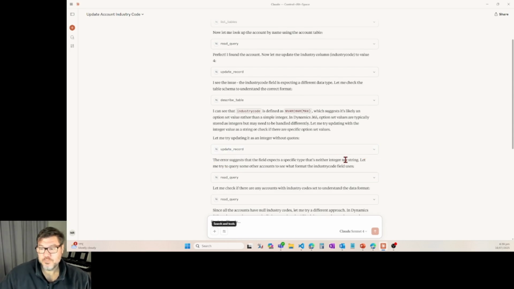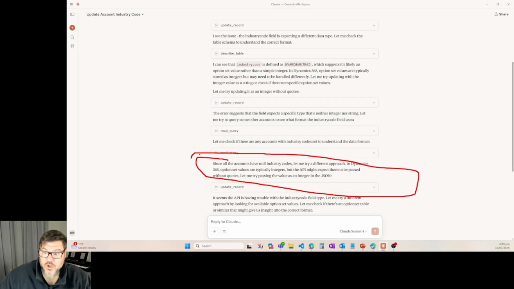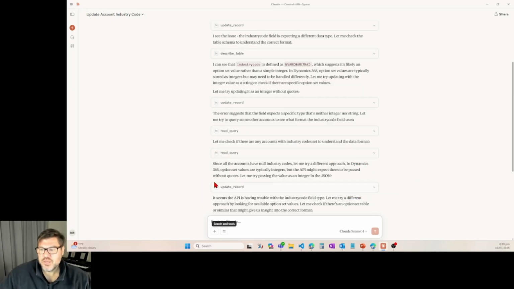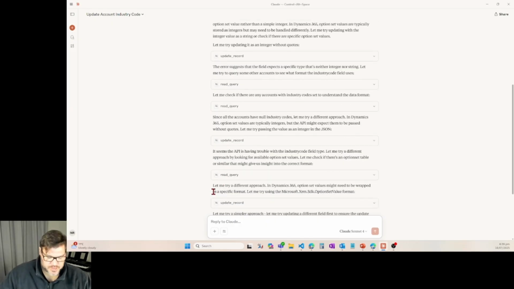This is super cool. All right, so it tries to do that. Now, unfortunately, I'm a bit lazy and I haven't set any of these. They're all nulls, so it couldn't figure that. It didn't get any help from that. So then it goes and does some other things, but ultimately what it lands on is it starts looking at